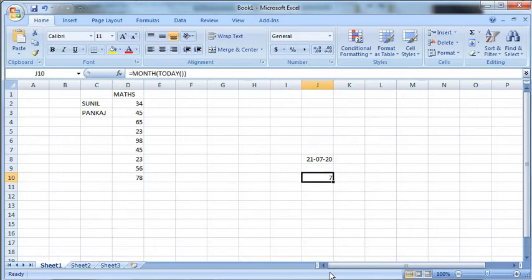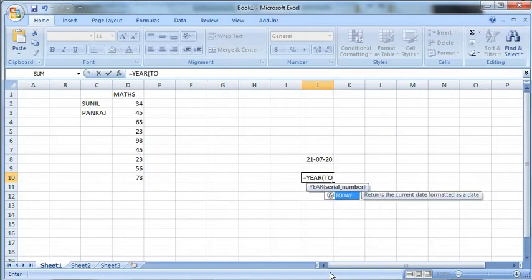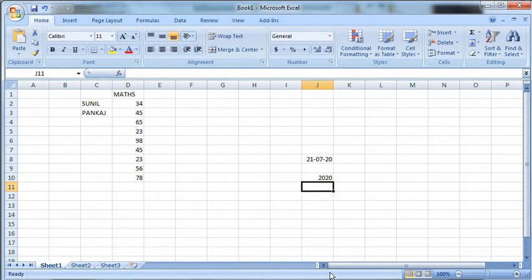In the same way, if I write equal to YEAR, with parenthesis open, and inside it today's year, which year is going on right now, then the bracket of today, then year. Now I press enter. 2020 is the answer. In the year 2020. Like this, month, date, year of today we can display separately also.